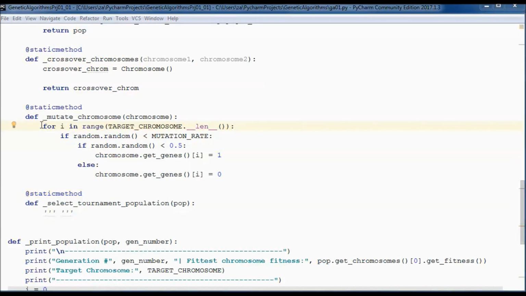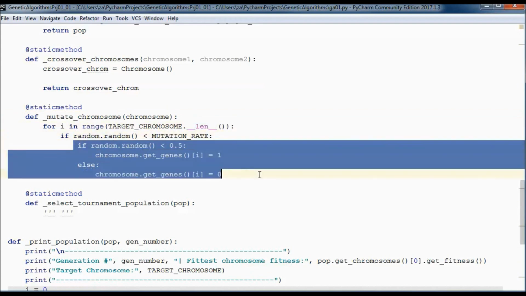So we do a for loop for each gene in the passed in chromosome, and if a random number is smaller than the mutation rate, then we perform mutation.